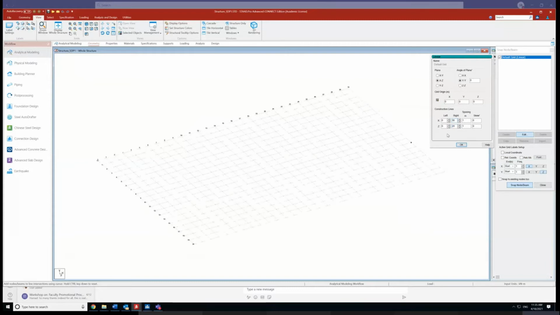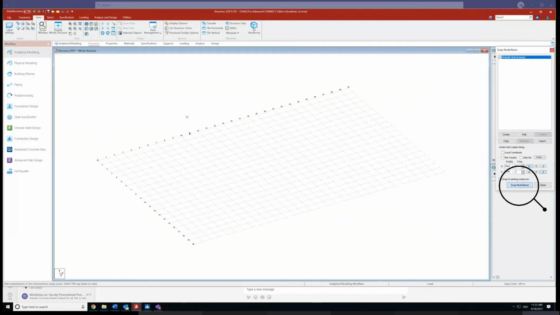Then you start drawing at this location. Okay, if you snap node beam, you see the cursor is now active. You can draw, for example, your beam. First beam is 5 meters here at this location. Second beam is another 5 meters. Third beam is more there, and so on. This one. Okay, I finish these beams, then I can copy